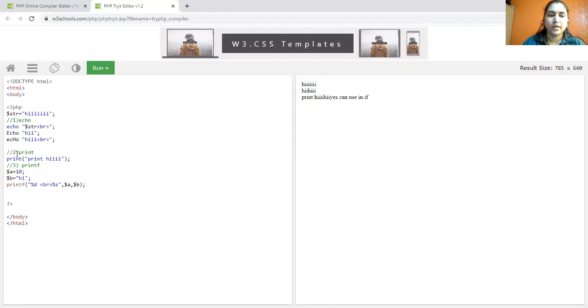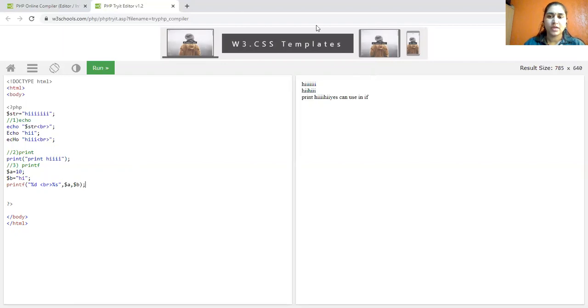I have declared one integer variable and one string. By using printf I display %d and %s with two parameters: a binds to the %d integer and b binds to the %s, the string. The output will display 10 and hi.